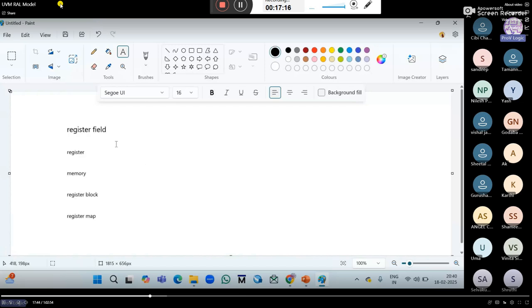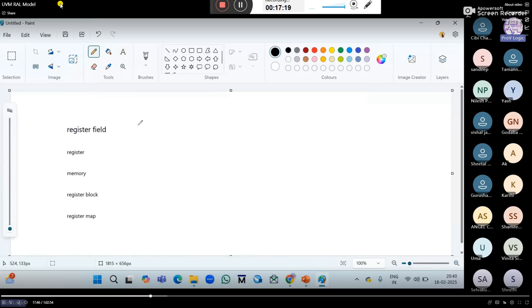So what is the difference between each? First of all, register field. Register field in the sense, suppose any memory we have considered. Memory of 4 down to 2. So this is what a register field. Suppose this memory size is 8-bit size. In this 8-bit size, there will be 8 fields: field 1, field 2, field 3, field 4, 5, 6, 7, 8.